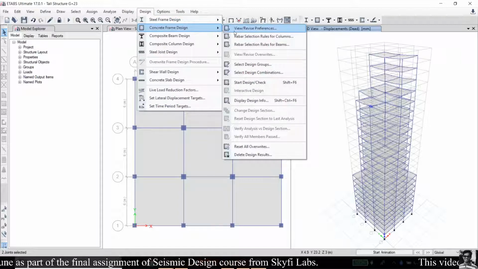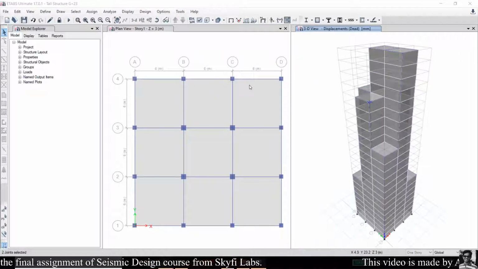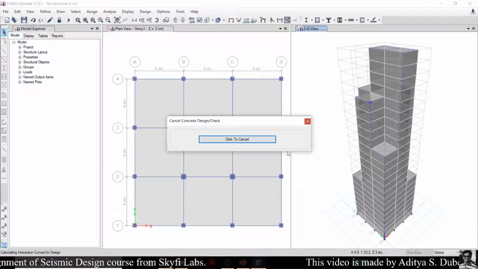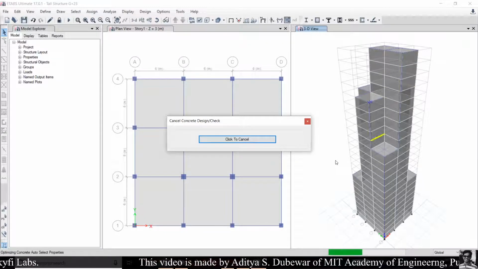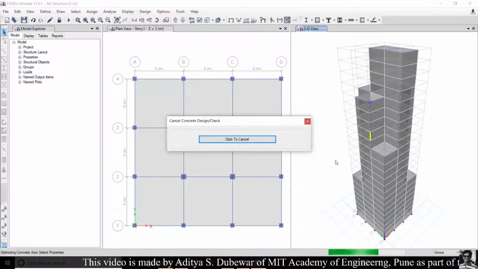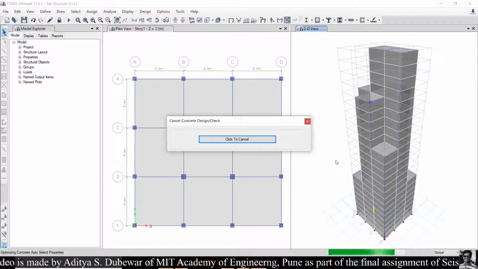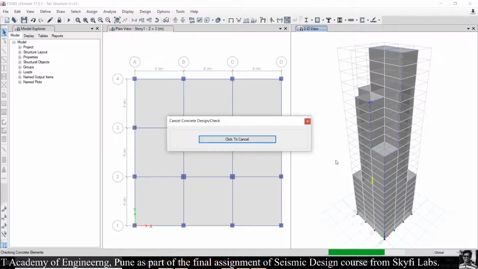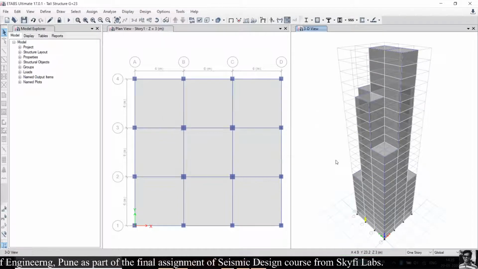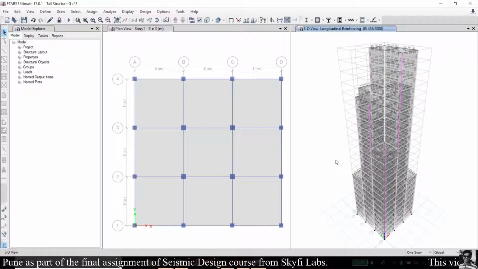And again go to this tab and start design / check, or simply click the shift plus F6 key. Now our structure is designed for this load combination.